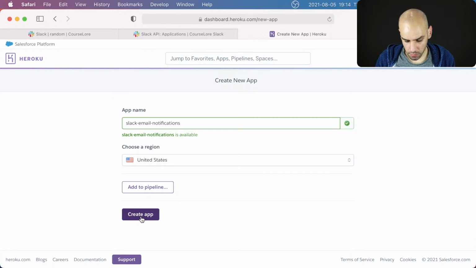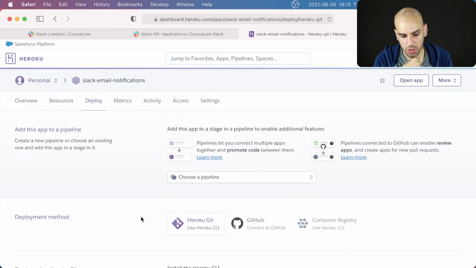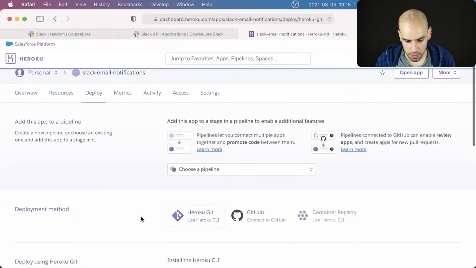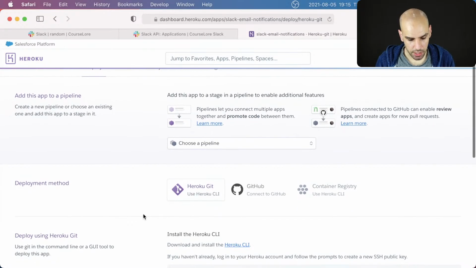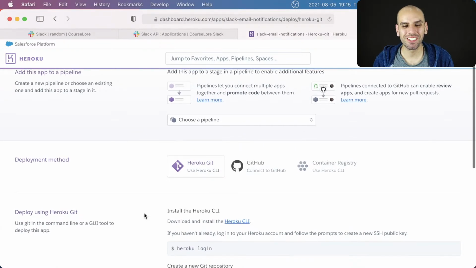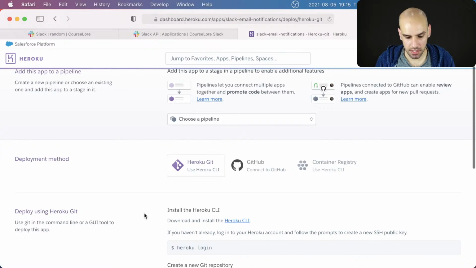And oh yeah, maybe I could not send too many emails. That's something I could try to do. Let's create the app. And yeah, so Slack is going to use the API and that's free. Heroku is going to host this for free for me. And SendGrid is going to send the emails for free. So this ends up being free, which is like, I wouldn't pay to receive emails. I would just convince everyone on the team to use a different chat app that didn't have this issue.